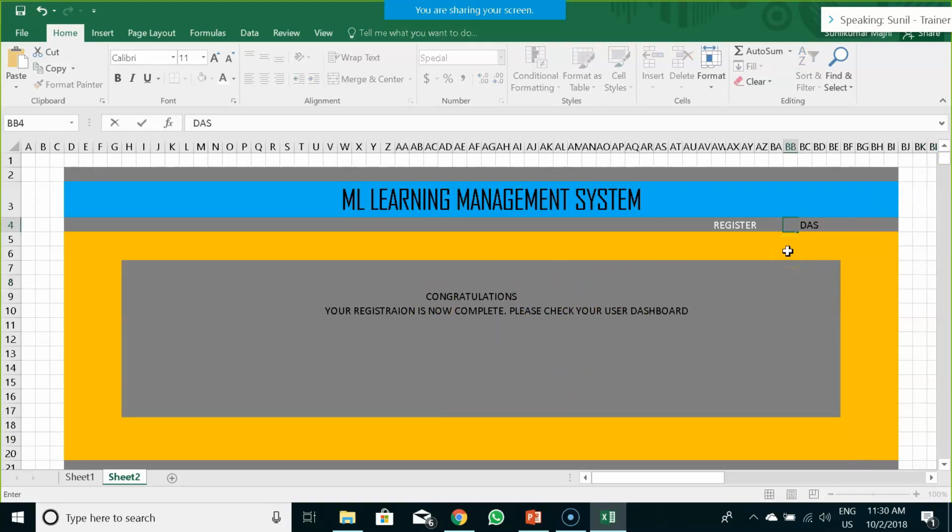So what I would do, this link I would transform as dashboard, because the user is now logged in, and here I would rename this link as home.